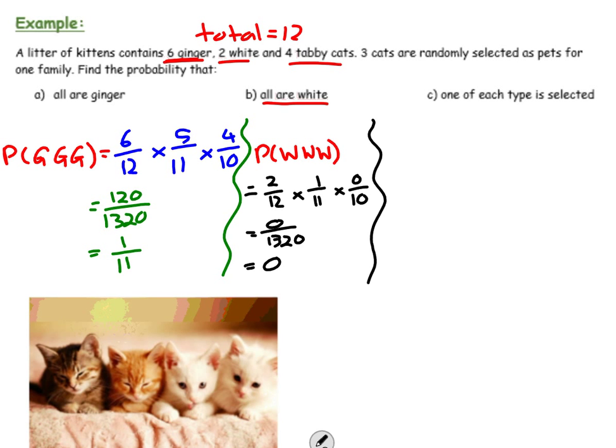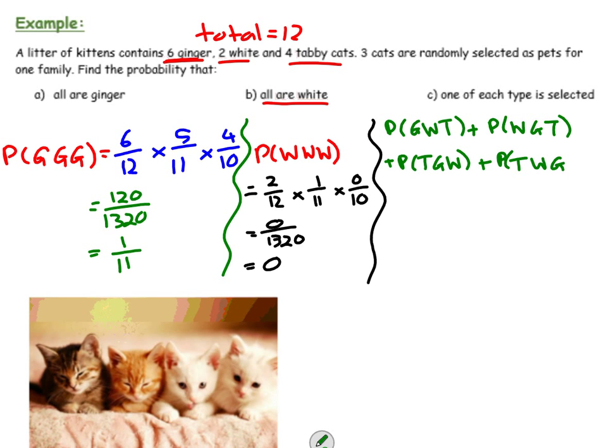This next one takes quite a bit of work, so write small is what I'd recommend. What's the probability of one of each type is selected? So it's like saying probability of ginger, white, tabby. The order is kind of important. Plus probability white, ginger, tabby, plus the probability that the first one's tabby, second one's ginger, next one's white, plus the probability of tabby, then